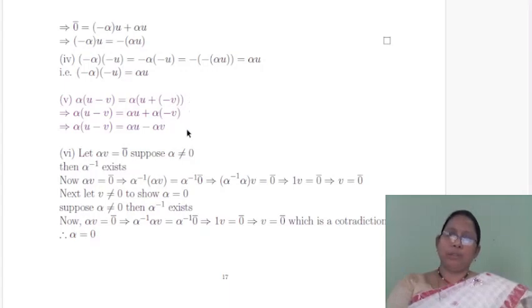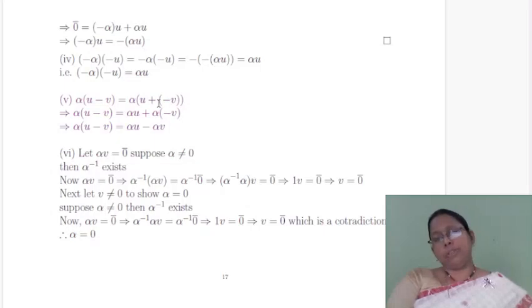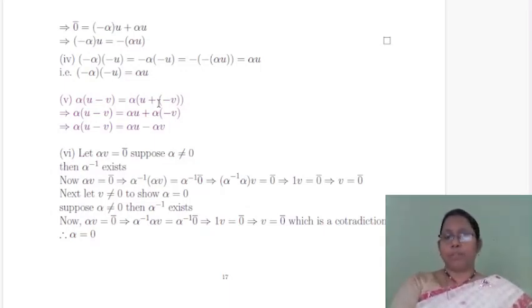Some of the students write it directly from the knowledge of real numbers, integers and natural numbers, but you must know the differences, how the things are coming from the space. Okay, these proofs look very trivial, but you must know the concept, the idea behind each step. Okay.